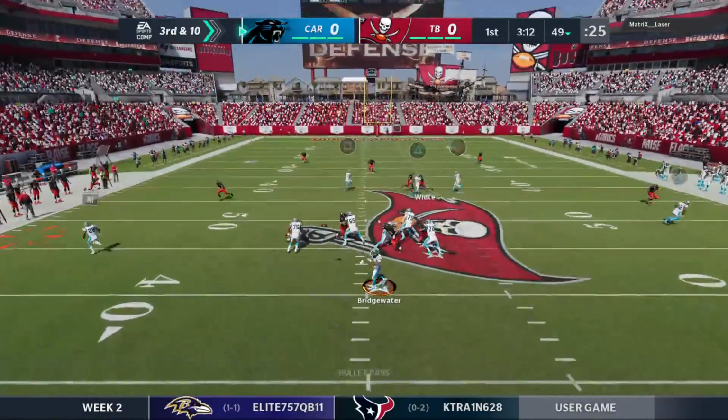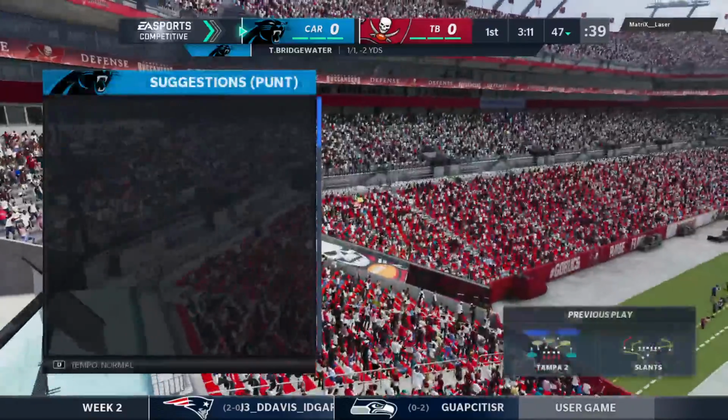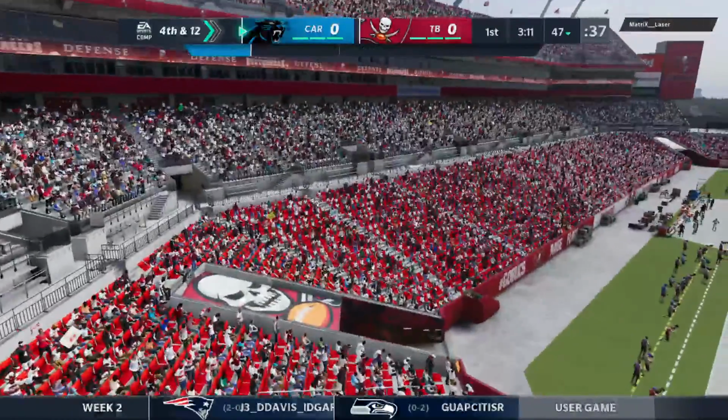From the shotgun, it's Bridgewater. He'll get this one complete to Davis. Losing 2 yards that time. And